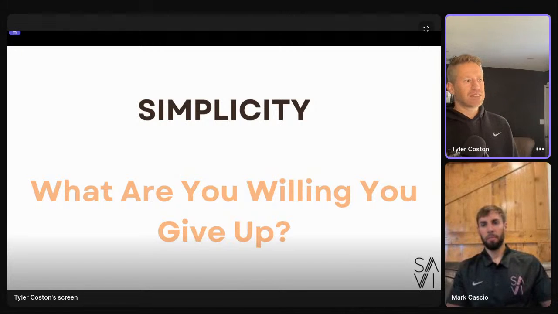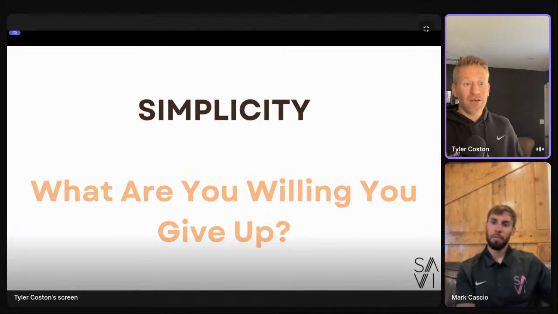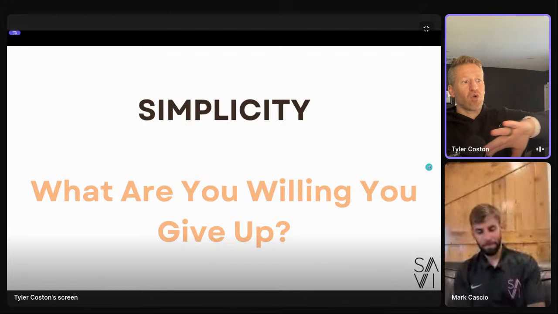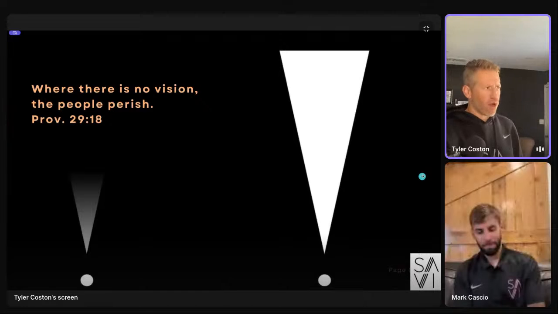And that's the simplicity lens. That's the simplicity razor, identifying the one thing that will make unbelievable impact across everything. That's what a savvy coach does, they eliminate the coaching of everything. This is one of my favorite verses in the Bible. It's in Proverbs. It says, where there is no vision, the people perish. And vision and clarity lie in simplicity. When you coach everything, you end up coaching nothing.